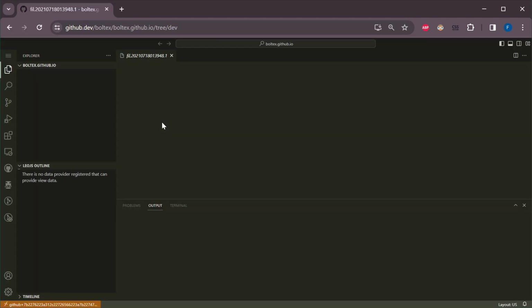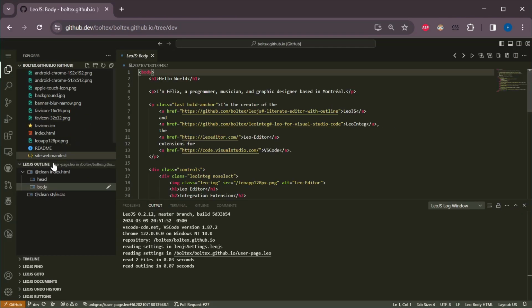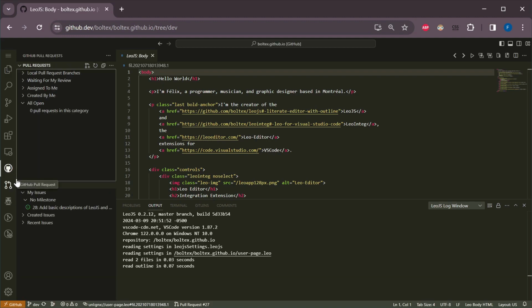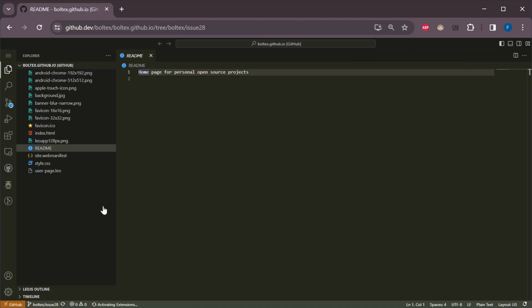Here, from an existing project, I select the branch I want to work on, and again I press the dot on my keyboard. I'll use the pull request extension to start working on a feature branch, modify it,